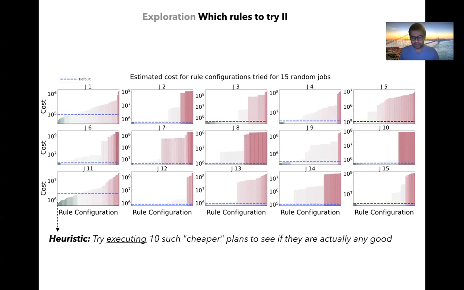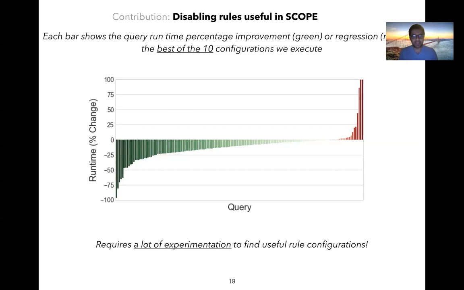Recall that we still don't really have any good evidence that disabling rules for these whole jobs can actually improve performance. So using all this work, we were trying to find a set of interesting jobs and a set of interesting rule configurations where we hope that maybe it will improve the final runtimes. But so far, we've just described a way to filter out the interesting sets, where we execute, let's say, 10 such plans, and then we see whether in the best case there could be an improvement. And we find that yes, from these 10 configurations,